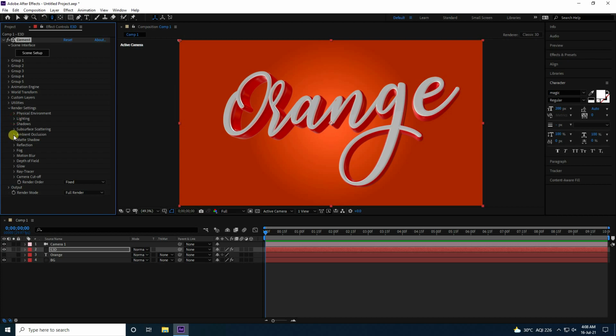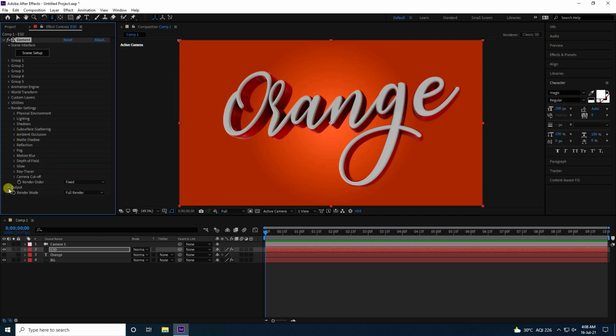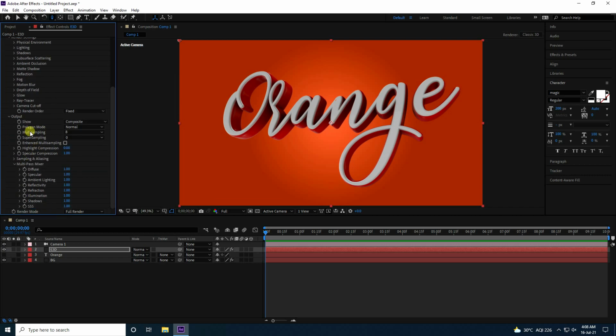Then I go to ambient occlusion and check it. Quality use high and intensity like 8 is good. Radius a little bit change, and in output, this time I use full samples.